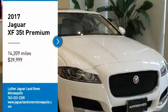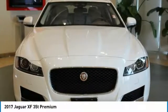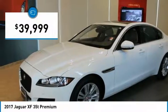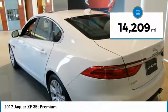6-year 100,000-mile Jaguar Approved Zero Deductible Certified Warranty until January 30, 2023. 5-year and 60,000 covered maintenance too. This all-wheel drive XF is equipped with cold climate package incorporated, heated steering wheel, Jaguar Sequential Shift paddles and remote